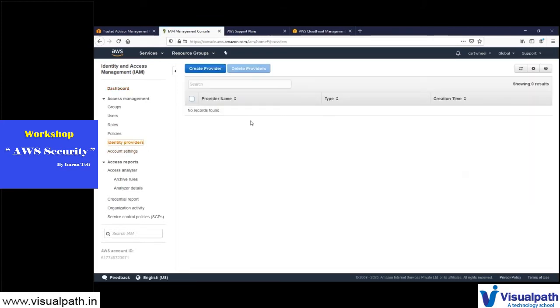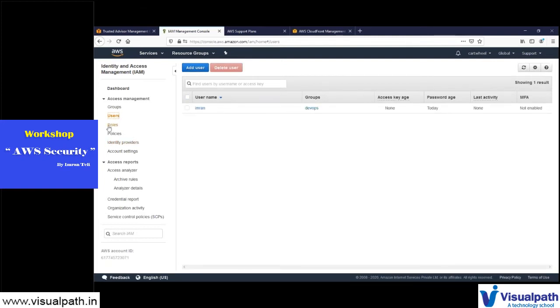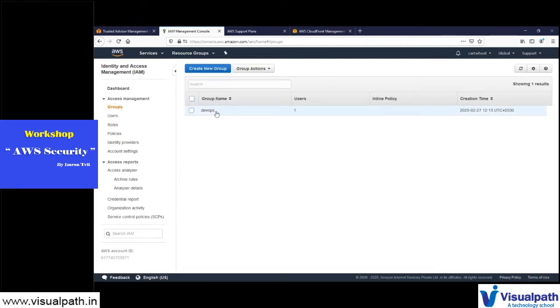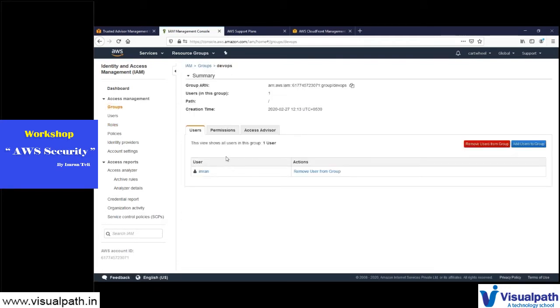So you may federate your IAM with an identity provider, LDAP or Active Directory, and the users will be available. Once the users are available, you have to give them permission. You can add them into a role or group, so you manage it all from here itself.